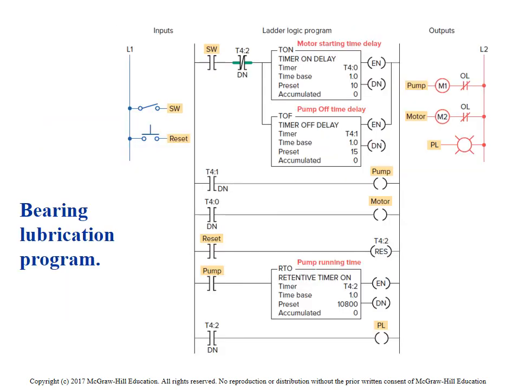And let's try that one. Bearing lubrication program. Okay, so here, this is a good example. Quite often you'll get into lube applications. One of the common applications that I run into is lubing a press. What they wanted was a shot of lube to the main bearing of a press after so many cycles. So what I would do is put a counter in there and count the cycles of the press. When the press reached that magic number, whatever, 500 hits or whatever happened to be,